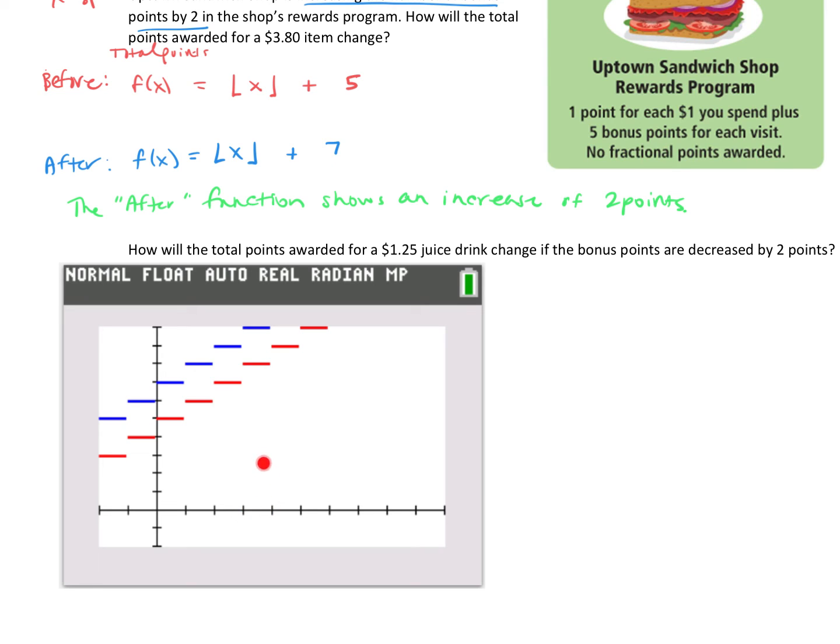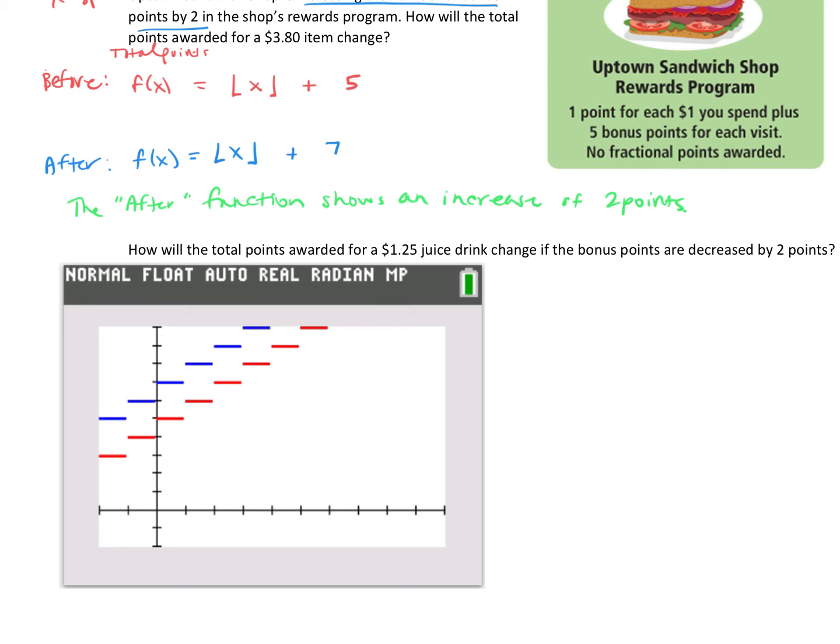We would go up to our function and we can see that is at how high is that? 1, 2, 3, 4, 5, 6, 7, 8. You would be awarded 8 points right here. Well, because of the increase in 2 points, we can see that we would end up actually up here at 10 points. So the reward points for a $3.80 item increases from 8 points to 10 points. And visually, we can see that increase. It literally just went up 2 units, awarding us 2 extra points for the same dollar amounts that we had